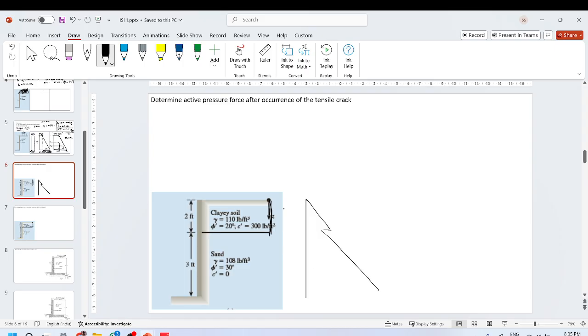You calculate the critical height HC for the clay, and then you ignore the contribution of the tensile part. Then in the next question,